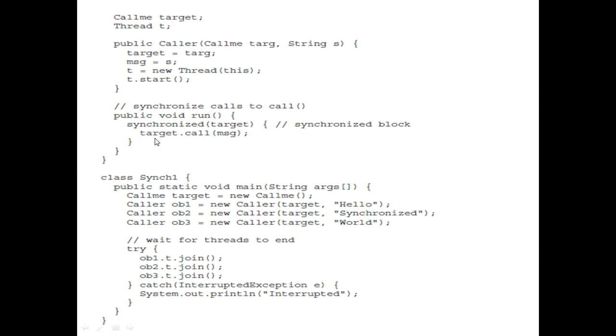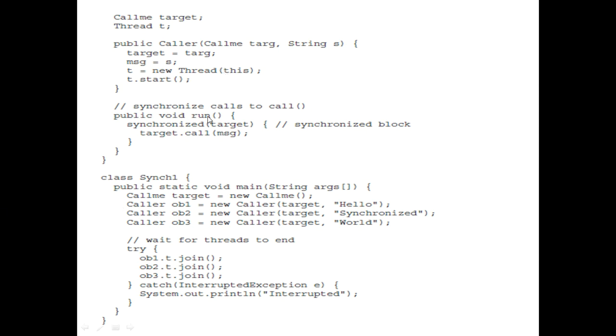So as this is a synchronized block, what exactly you have done is, inside the synchronized block, target.call. So it goes to the call method, whatever message you have displayed in that, it is going to display within a pair of square brackets. Then the control of the program will be given to the next thread which is waiting to display its own message, which is nothing but thread 2, which is OB2, which wants to display the message as Synchronized.